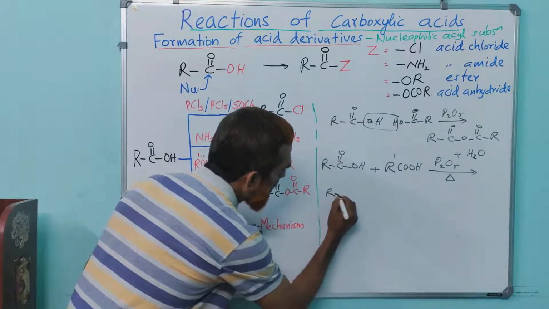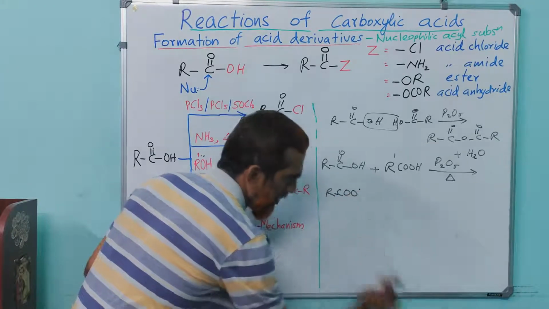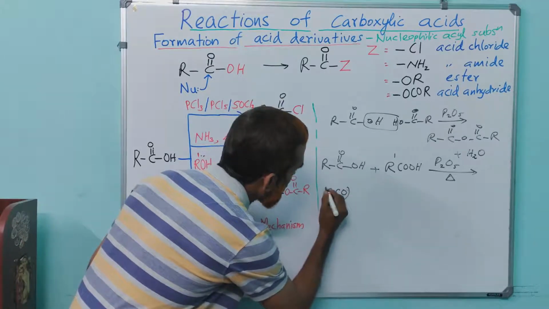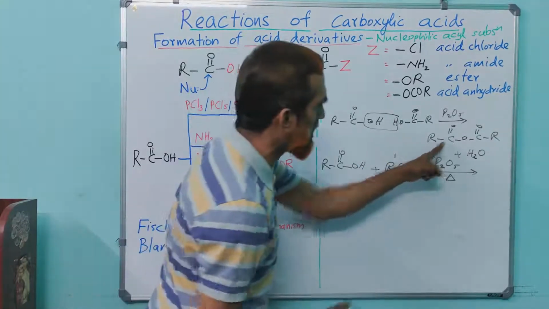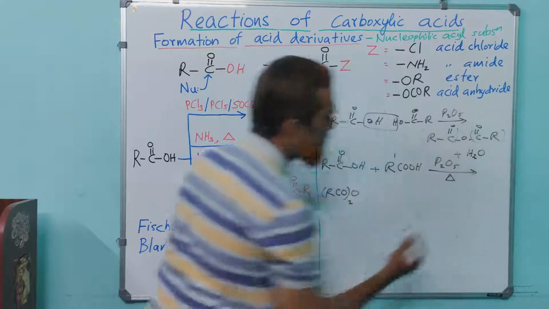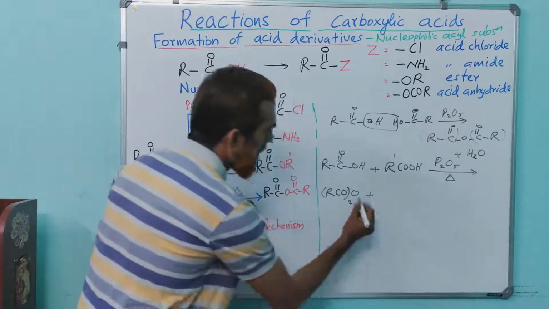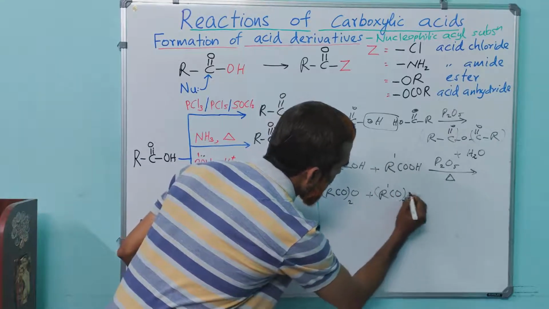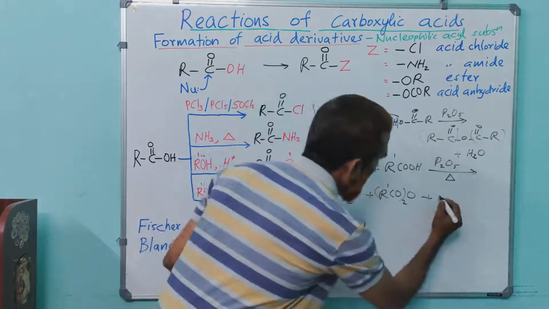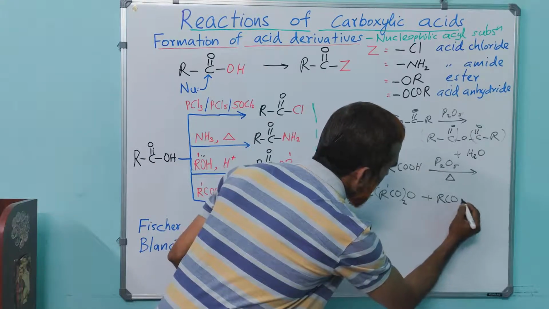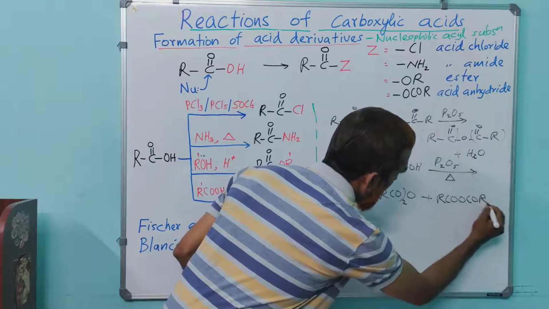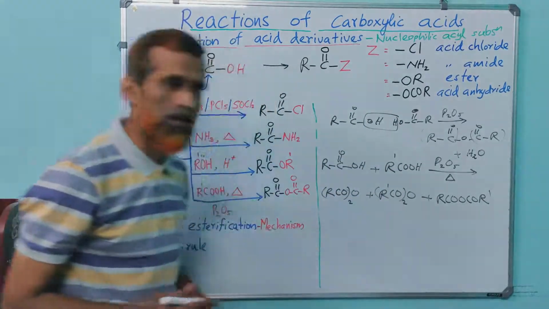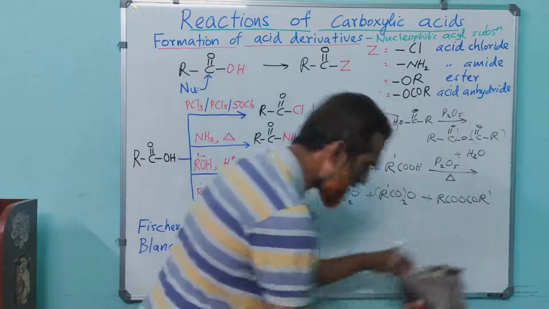So the products are anhydrides that can be simply written like this, (RCO)2O. You understand? From the other acid you get (R'CO)2O, and between these two you get RCOOCOR'. This is an unsymmetrical or mixed anhydride. These two are symmetrical anhydrides. Okay. Now finally,